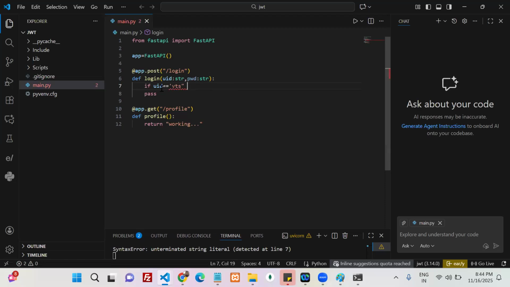If the user ID is not equals to VTS, or my password is not equals to VTS school,